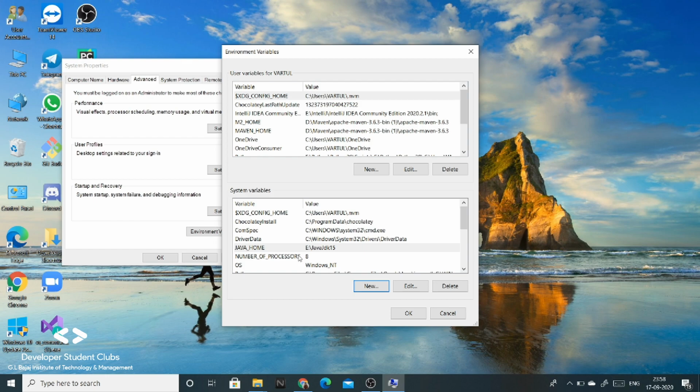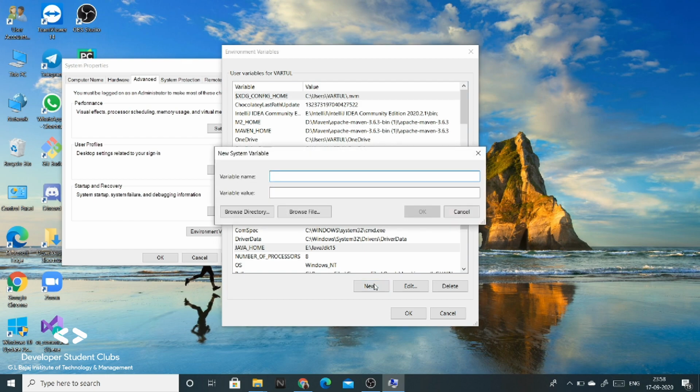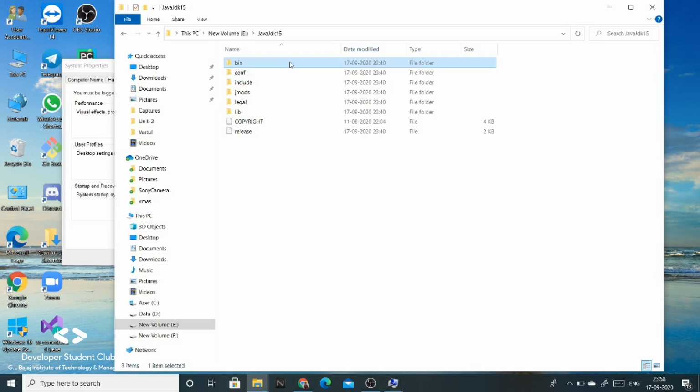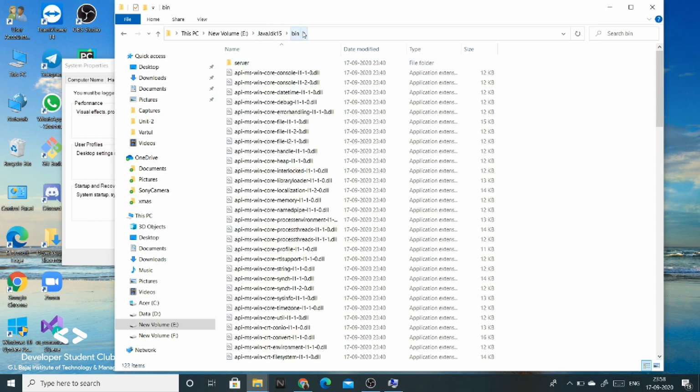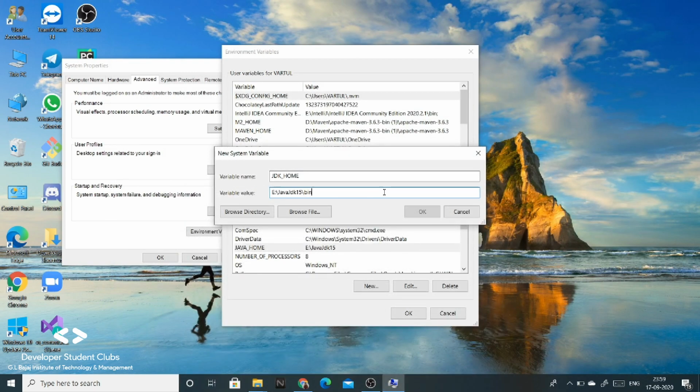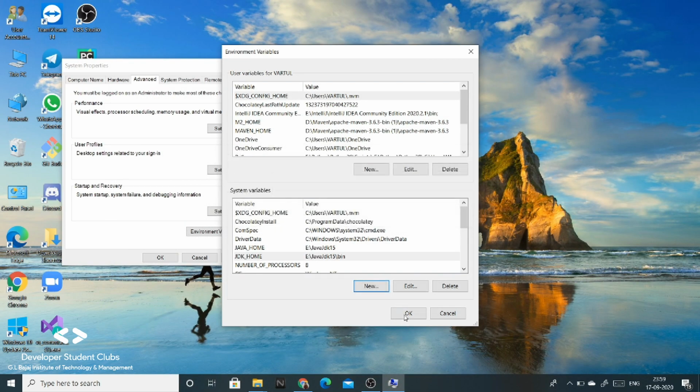And now we will add another variable. Click on new, and the variable name will be JDK_HOME, and it will point up till bin. Here I will copy the path, minimize it, and OK.